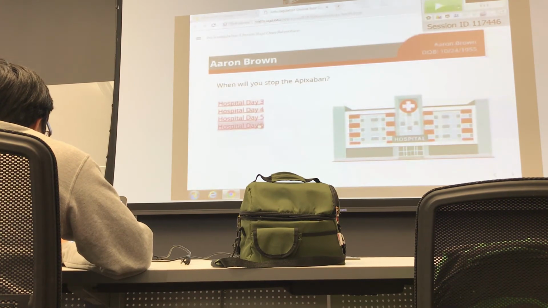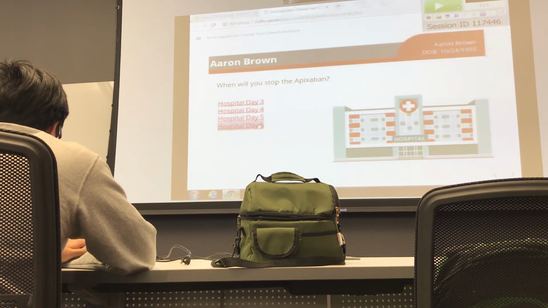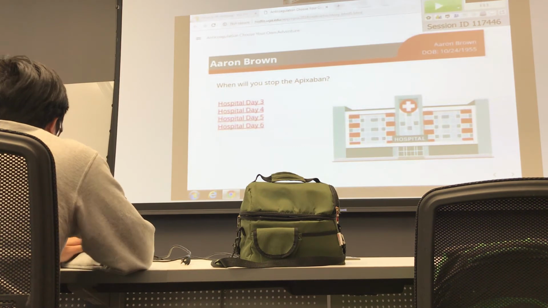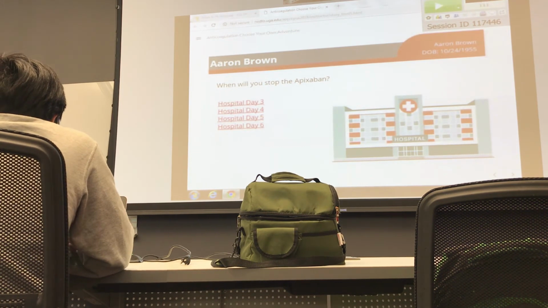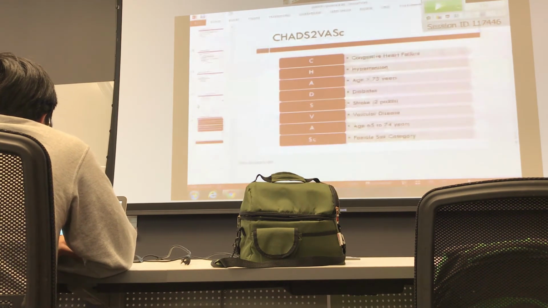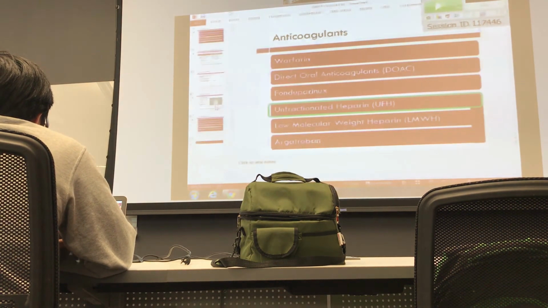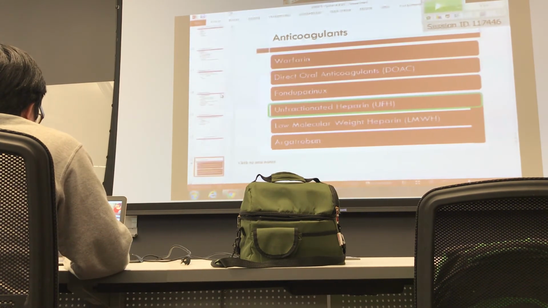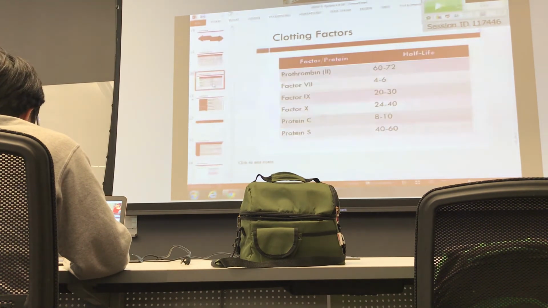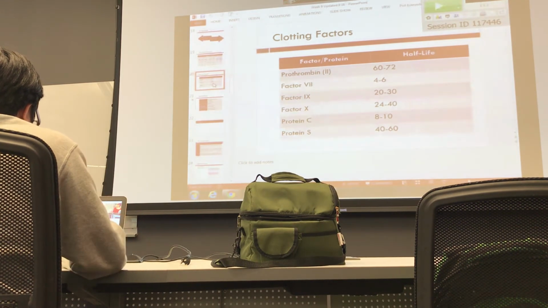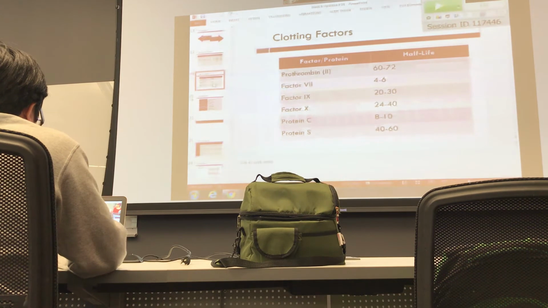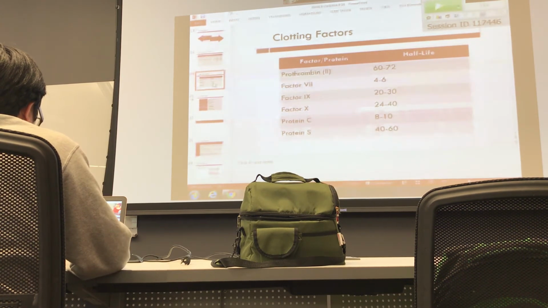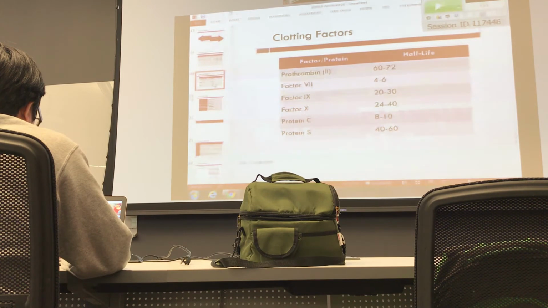Day 6. Before we move on to day 6, I want to highlight one more point, and that was from last week when we talked about the clotting factors and protein C and protein S. So just to clarify this point from last week, if I can find the right slide, which I don't remember where it's at. Right here, right? So what did we talk about last week? Specifically in regard to starting warfarin therapy and the importance of being anticoagulated in that first week of warfarin therapy.